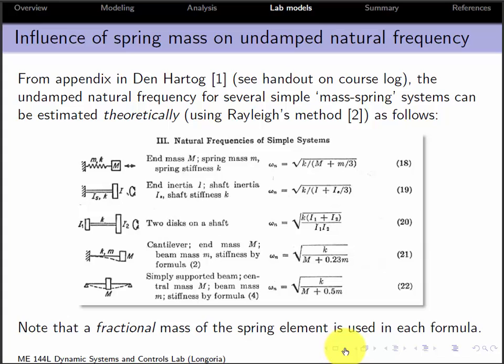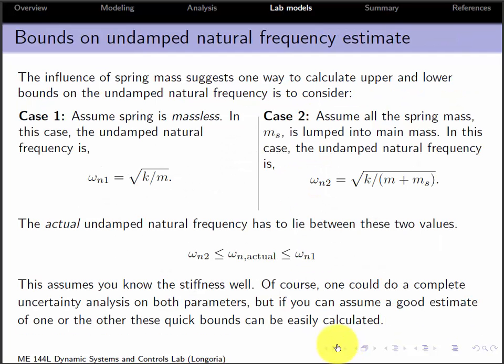That's one possible source for why, when you go and estimate your natural frequency, assuming ideal stiffness, ideal mass, you go into the lab, eventually get out an estimated natural frequency, if there's a difference, one reason might be that you didn't account for mass in the spring. The other reason might be that